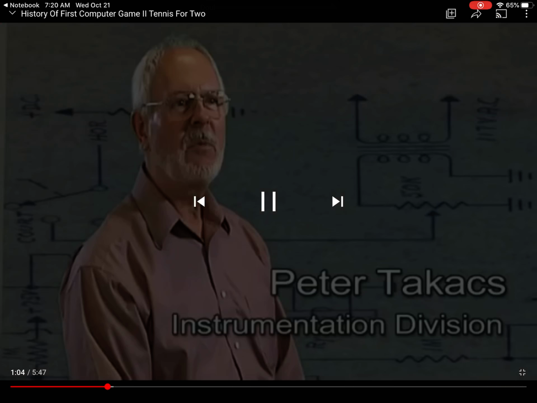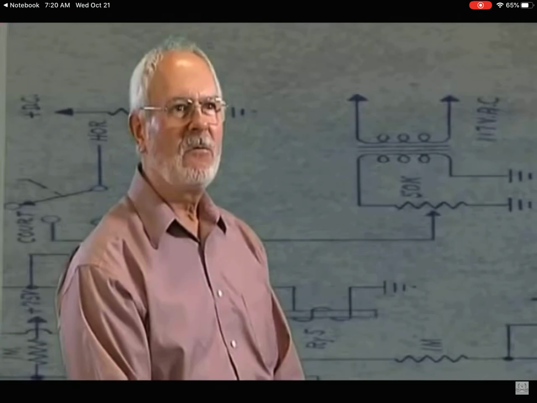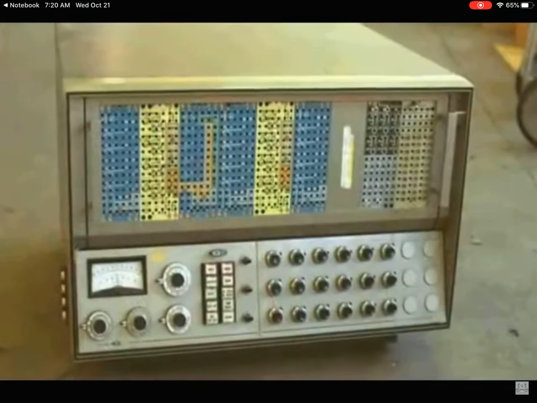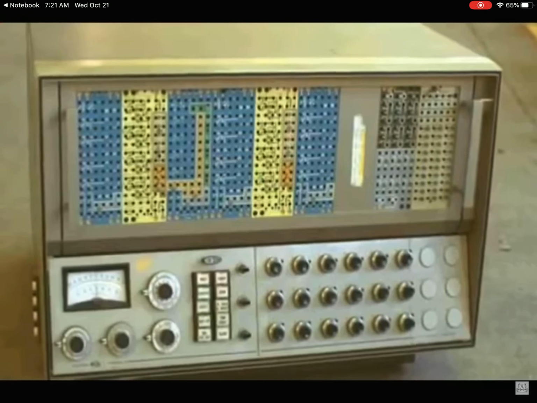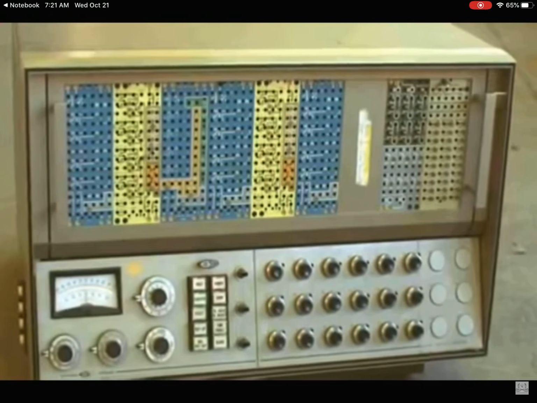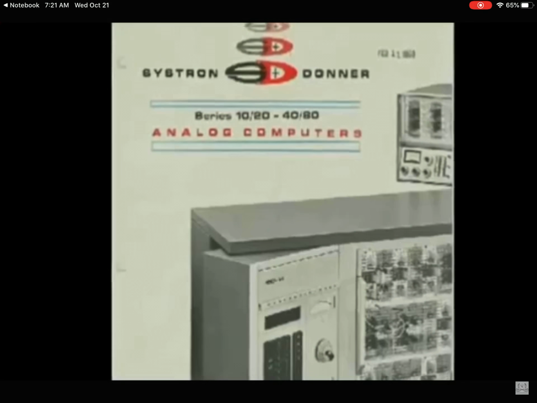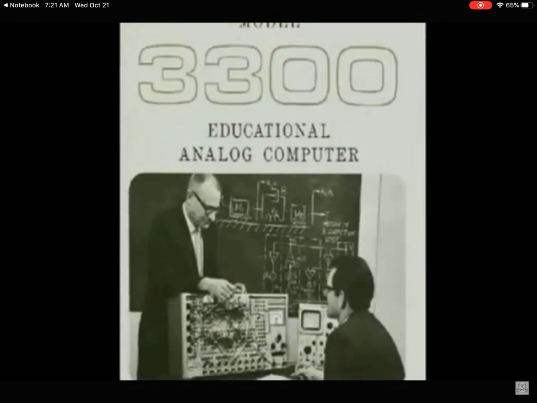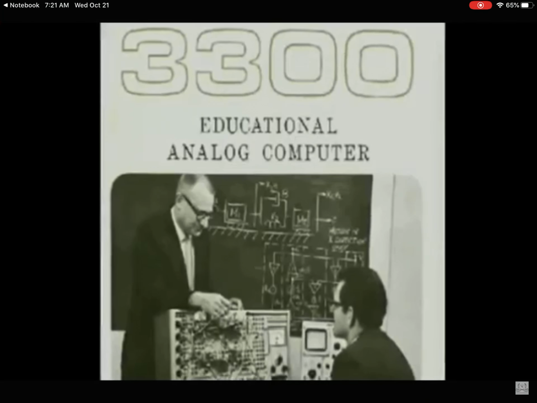Day that occurred at Brookhaven for people to see were just posters and things, equipment, static exhibits. He wanted something interactive where the people would be able to actually do something. The division had an analog computer, a Donner analog computer, that they used for solving mathematical problems. And it came with a little instruction book that showed how to program it to simulate a ball bouncing or a ballistic missile trajectory or things like that. So he decided, well, this sounds like we could put together a tennis game and make it interactive where two people could play. So he sketched up the idea for the game in about 2 hours and gave it to